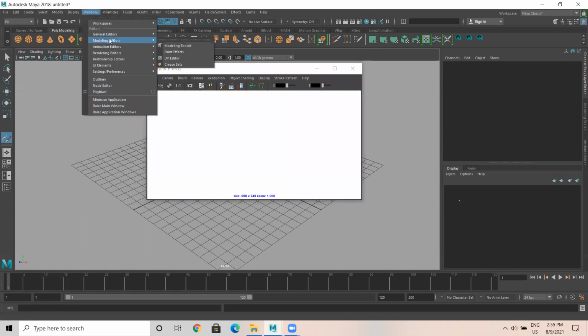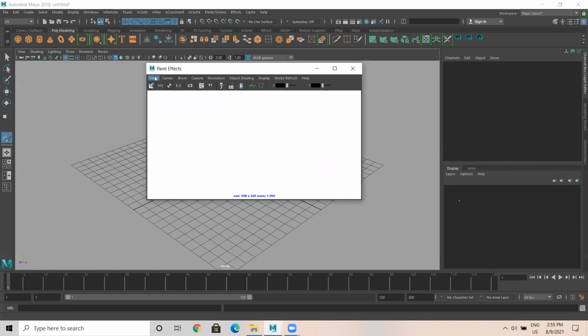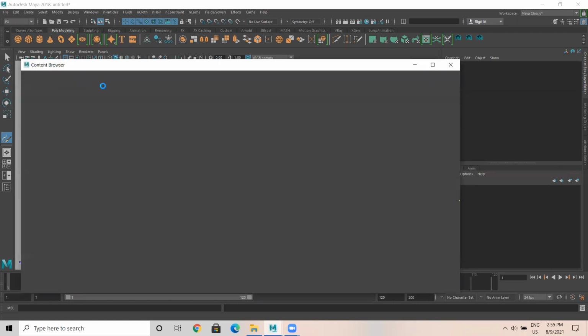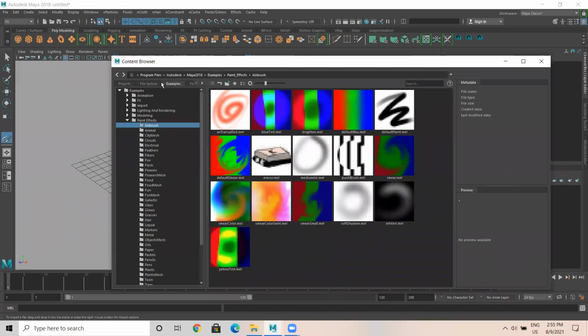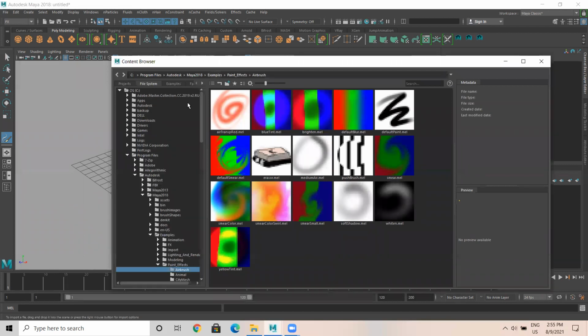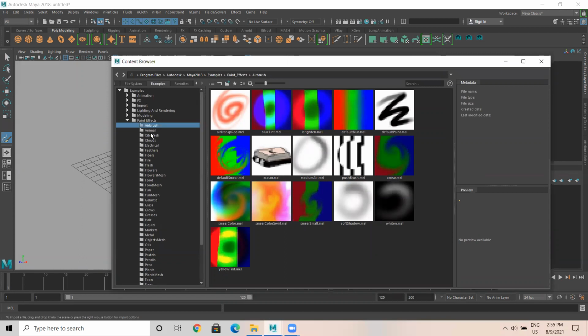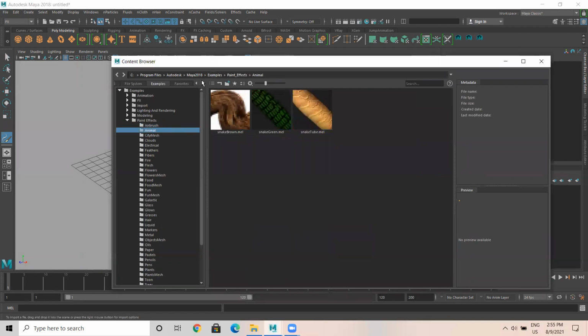In paint effects, I'll go to paint, canvas. I'll go to brush, get brush. Actually, there are some examples here. You can go to some file system. Just click over here. A few examples are there. You have some animals and all.